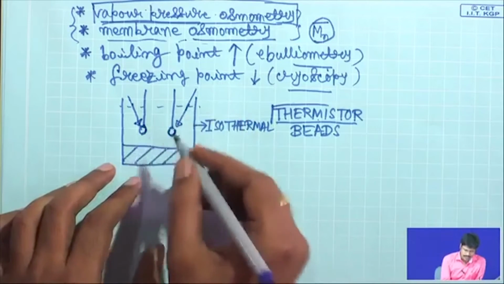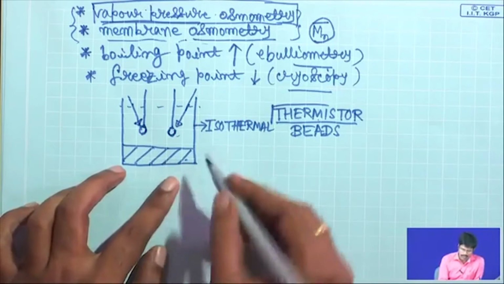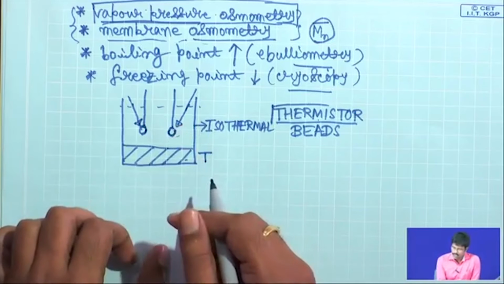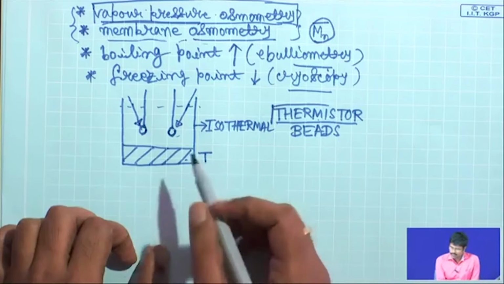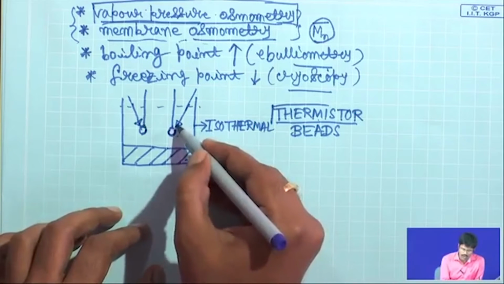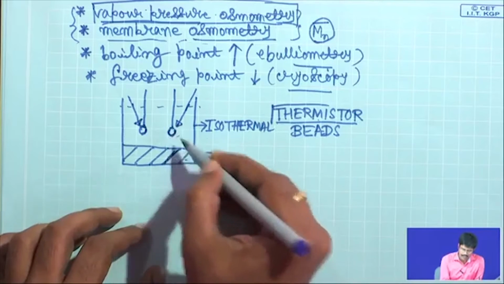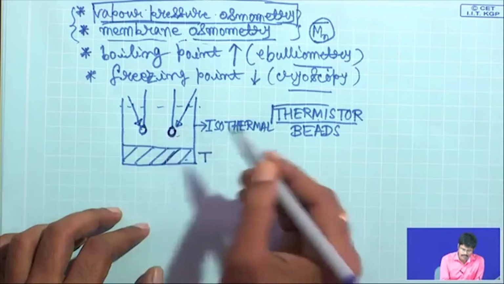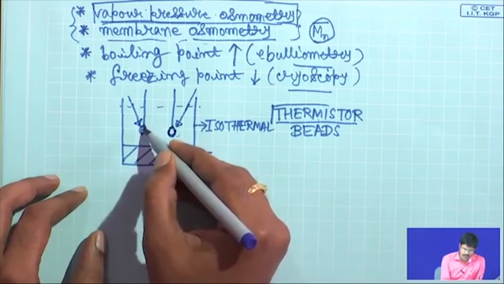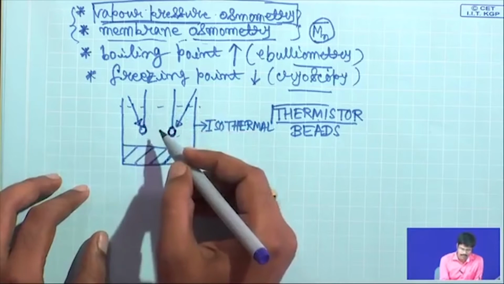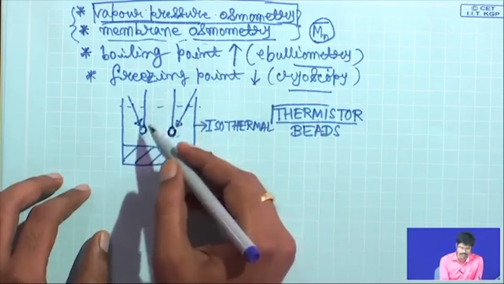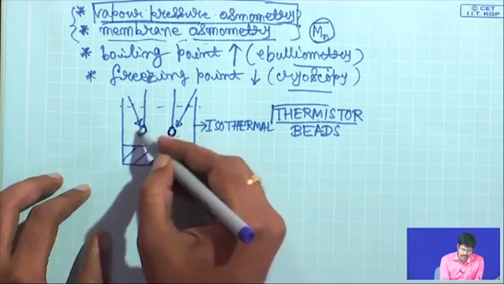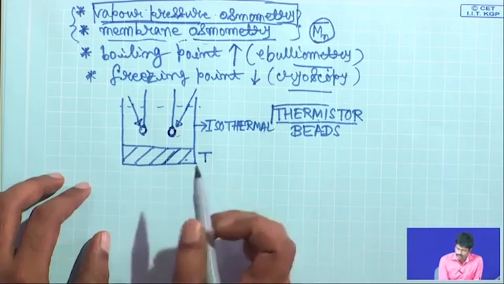carefully controlled way you have made the materials, and now the solvent is at a temperature T, it is in equilibrium with its vapor. So, what you do is that you put a small drop of the solvent, that is here, by the aid of a syringe on this bead, and you put a small drop of a solution of the polymer, the average molecular weight of which you want to measure in that particular solvent, you put a small drop here on this.